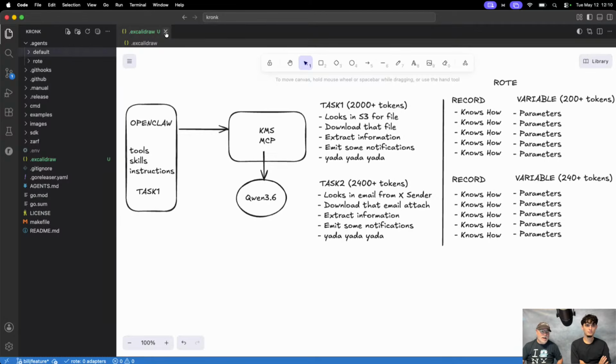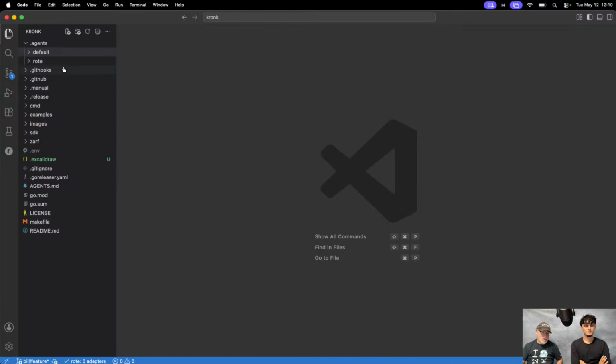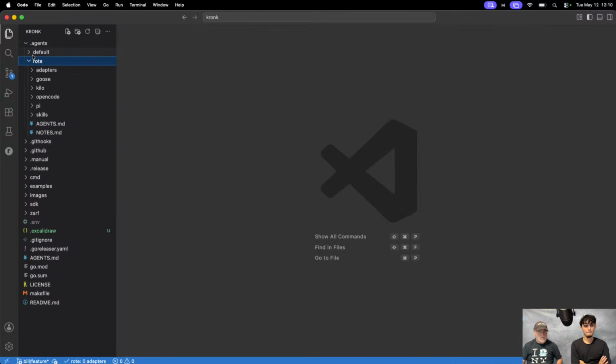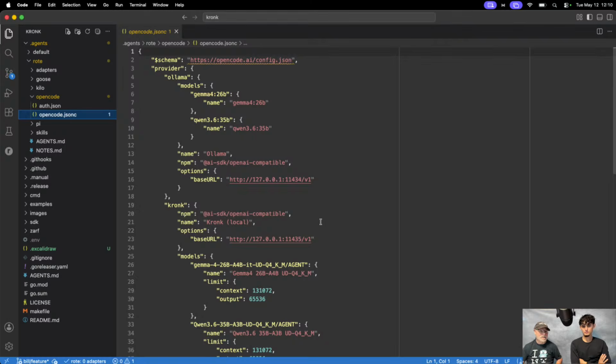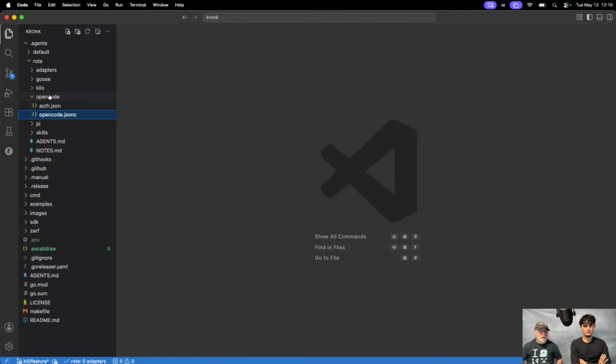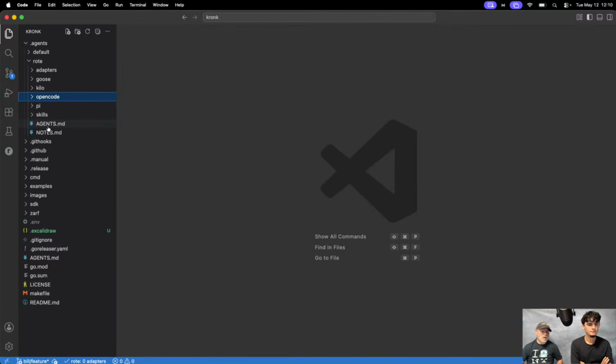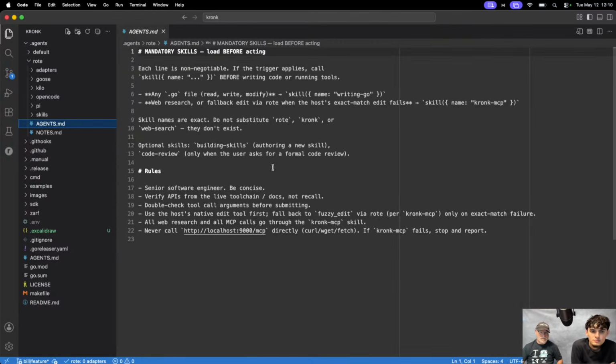Okay. Now, to help with some support on this, I added a rote folder under the agents and I didn't share anything between these two. I wanted them separate. So for open code, there's really not much different here. Actually, these files aren't different at all. Just wanted to separate them. But what you do see here is an agents file. It looks the same, it doesn't look any different either, so that's fine.